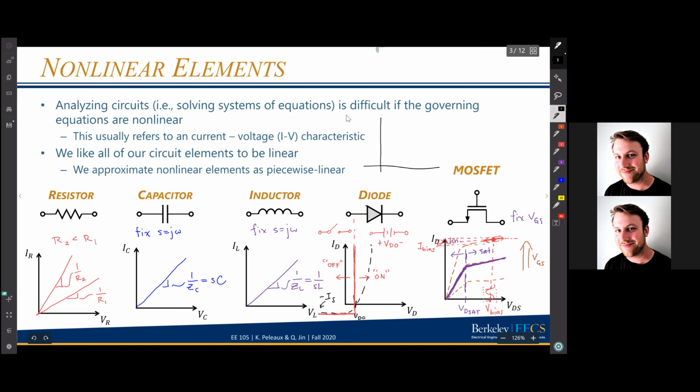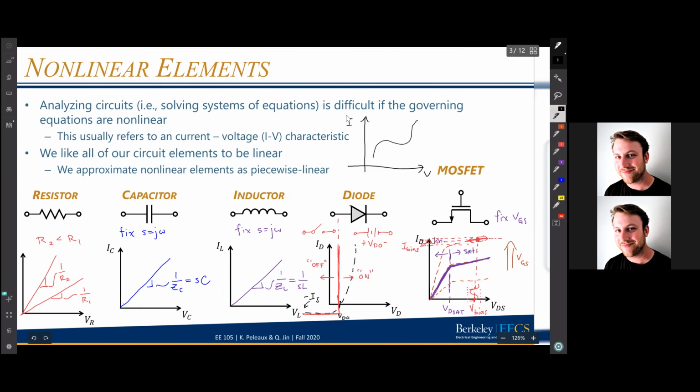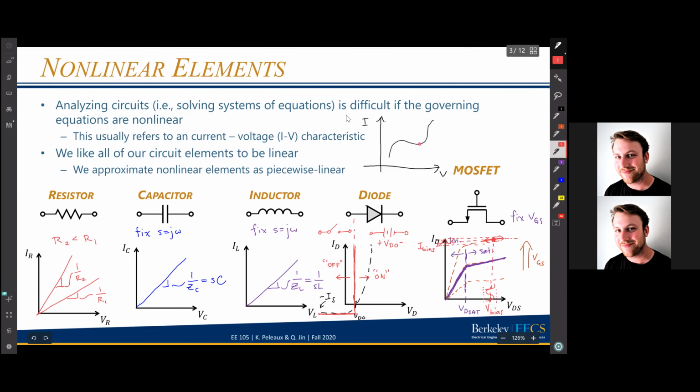some arbitrary IV characteristic that's very nonlinear, right? The idea of small signal is that I pick a bias point, and that bias point is in a very curvy part of my IV characteristic, right? And so I can move along the curve, but the problem is if I move a significant distance along the